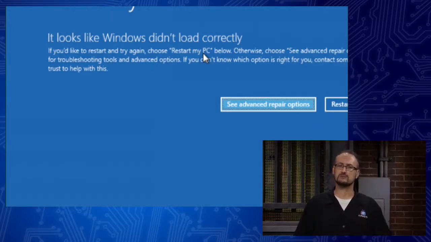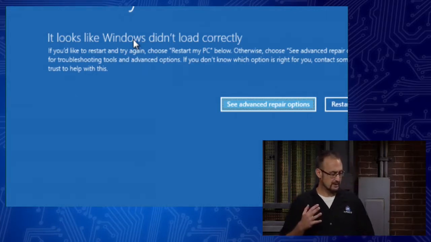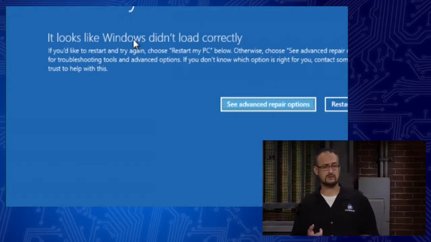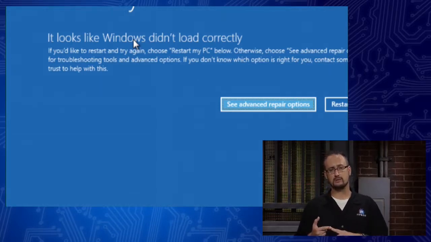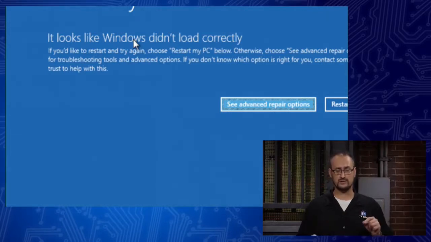Now, if it happens too many times, why did the machine fail to load? Why did Windows not load? Well, again, that's an improper boot, a failure to boot. A couple of things could happen. Like I said, going back to the first thing, a failure to boot could be the fact that you have a non-boot device plugged into a USB port, and you have pointed your boot sequence in BIOS to that location. If you get multiple of these spontaneous restarts or shutdowns, what's going on?